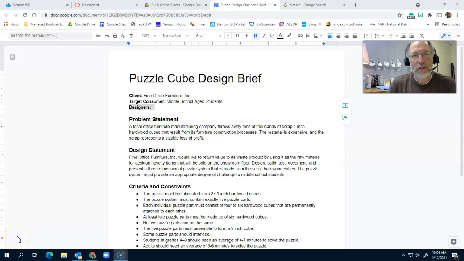Hello everybody and welcome to this introduction to our new project, the Puzzle Cube project, where you're going to be the designer of a new puzzle cube. Okay, so let's go through what's going on with this project, and most of it can be found right here